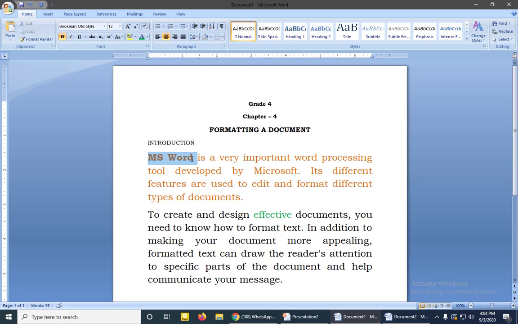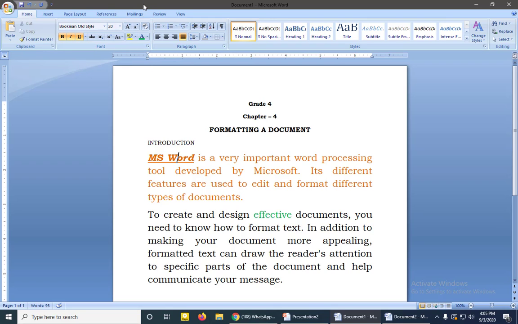Again I'll select the same word, and next you have the italic option. Click on the italic sign. It will tilt the font. The next you have underline. It will underline the text. Now this MS Word is bold, italic, and underline. So it is done with all the options. See, whenever you click on this word, these three are highlighted. They are darkened. It indicates that this word is selected with all these three options, that is bold, italic, and underline.